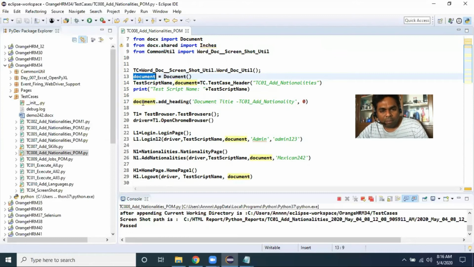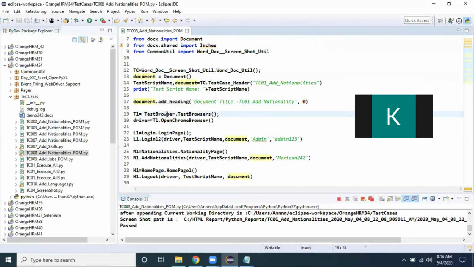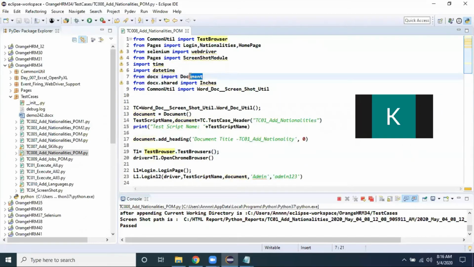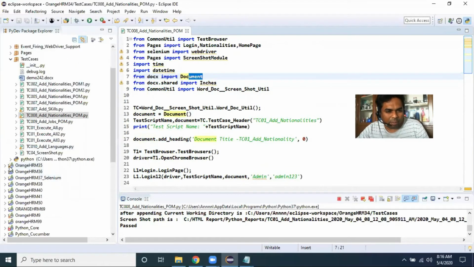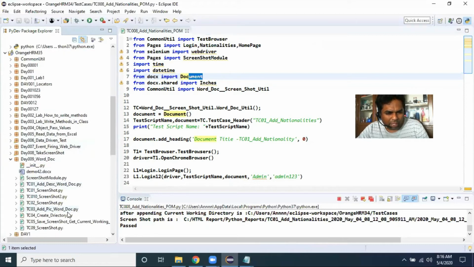After that, I'm writing document dot add heading. When this line executes, the heading will be printed in the document. Where is the document class present? One second. Orange HRM 35, create Word document, add picture.